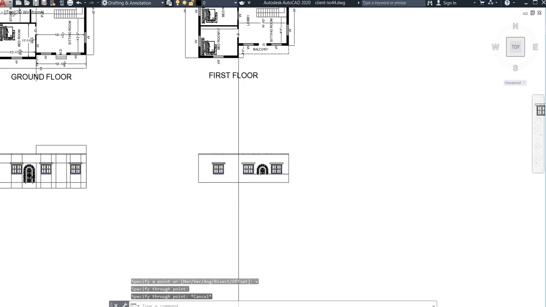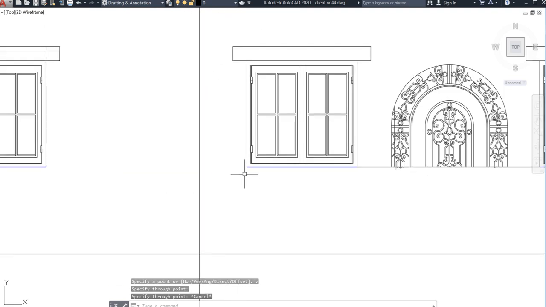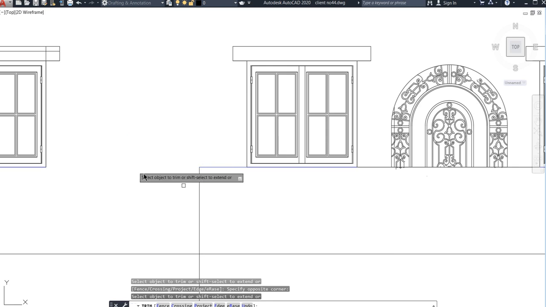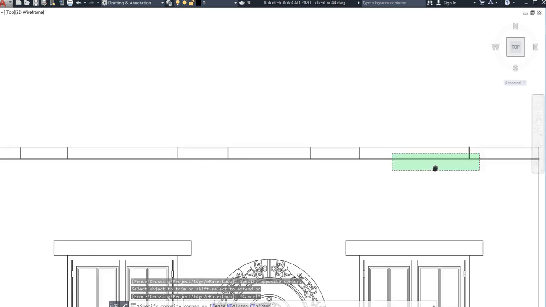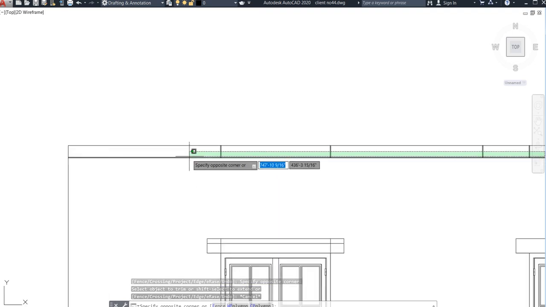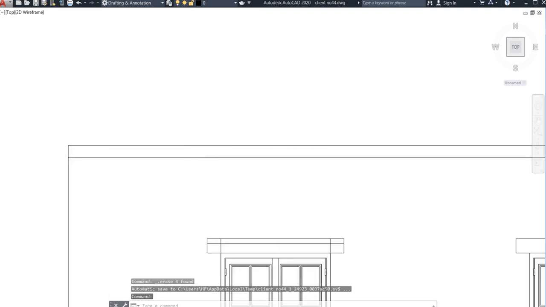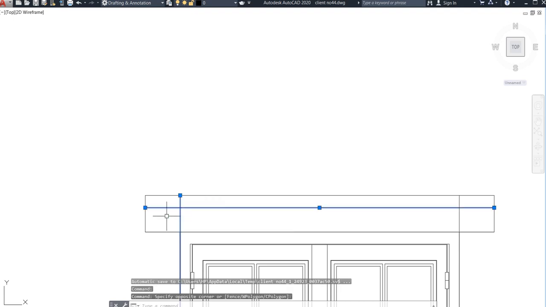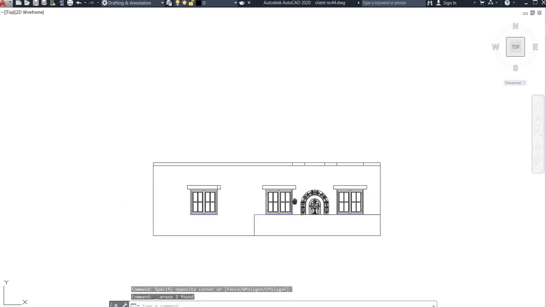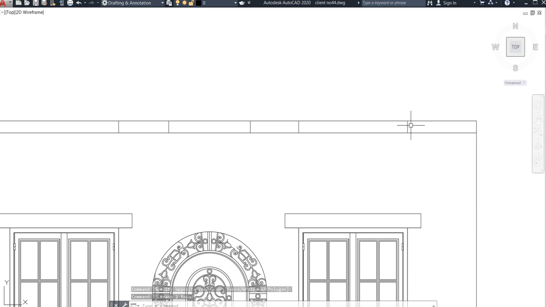Now see this. Go for the extend command, EX double enter. Got it. Go for the trim command, just trim it. Do not need to worry at all. See, isn't it easy? I'm going to tell you all these again because this is only for newcomers. I have already told you how to do this. This is quite important, man. Just go and delete this.